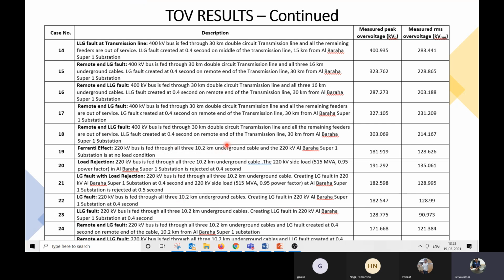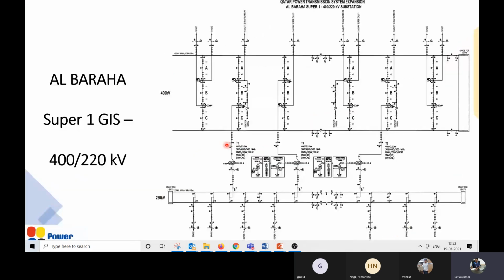That's one story. When you go to the simulation software, you will see how to model these elements. We adopt a step-by-step procedure to tell you how this single line diagram has to be modeled: how the cable, the overhead line, the CT, the VT, the surge arrester, the transformer and the reactor have to be modeled. The circuit breaker has to be modeled in closed position and open position. Also how it has to be modeled for temporary overvoltage, for switching studies, for lightning studies, and for TRV studies.